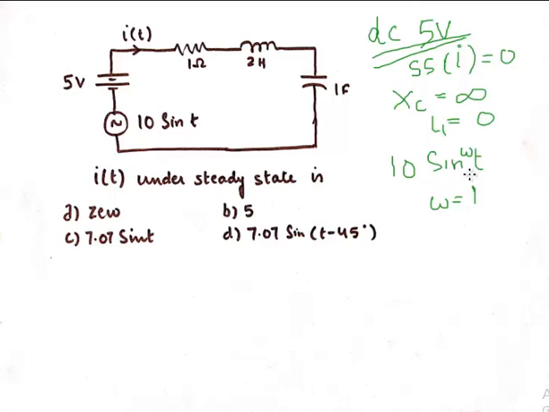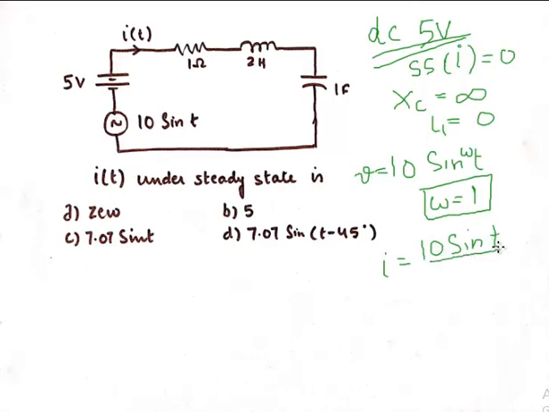The generalized form of the voltage is maximum voltage times sine of omega t plus or minus the phase difference. So there is no phase difference and omega is 1, which makes things a lot easier. The current becomes the voltage